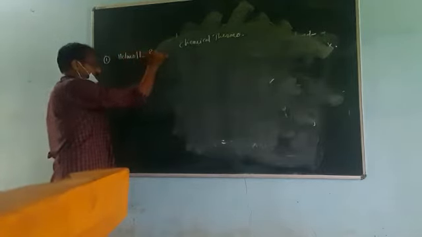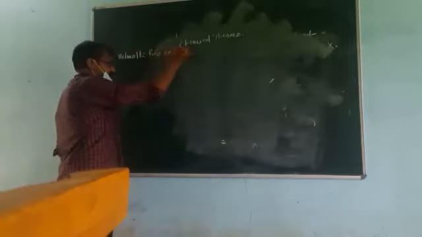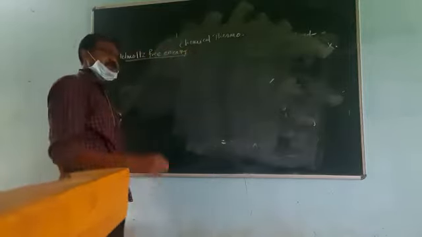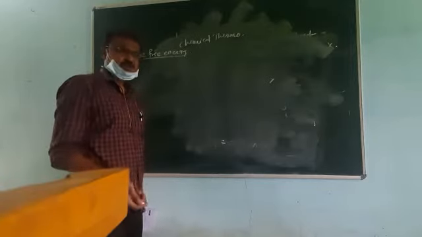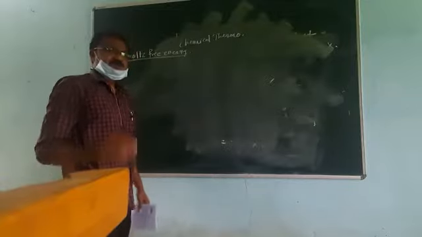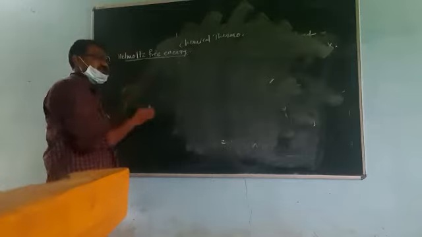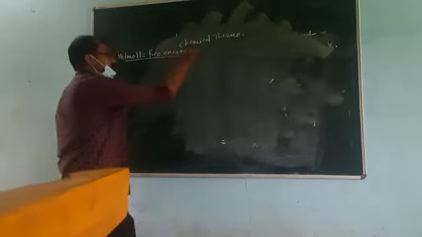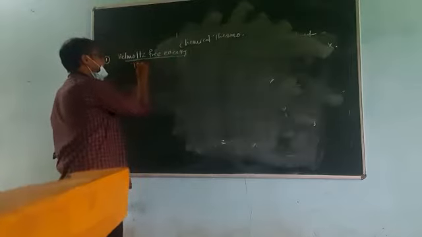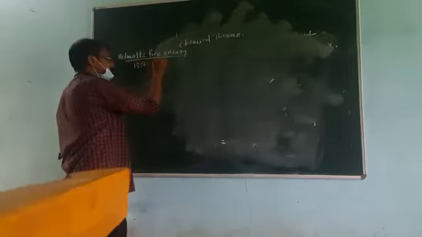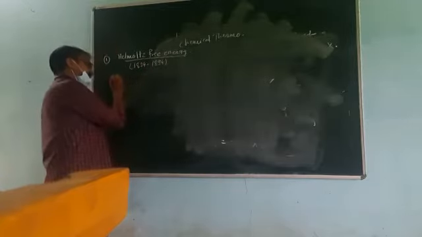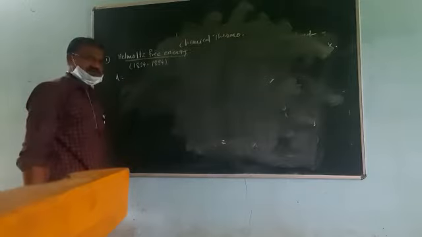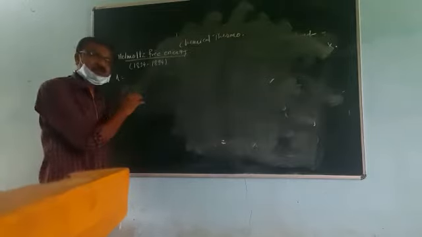Helmholtz free energy. Already we have discussed energy, different types of energy and its work function. Energy is nothing but the capacity to do work. Here we also discuss the work function of the system. Helmholtz was a German scientist who did his work in the era 1824 to 1894. It is denoted by the symbol A. A is nothing but the work function.